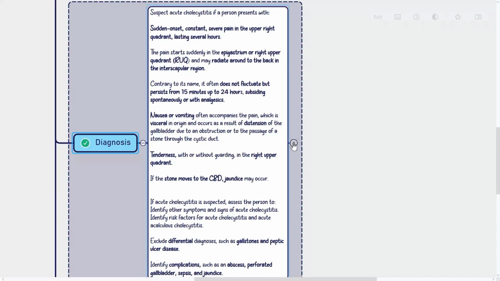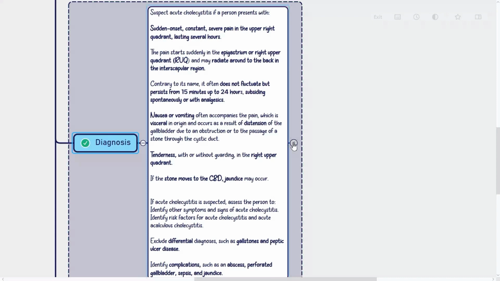Nausea or vomiting often accompanies the pain, which is visceral in origin and occurs as a result of distension of the gallbladder due to an obstruction or to the passage of a stone through the cystic duct. Tenderness, with or without guarding, in the right upper quadrant. If the stone moves to the CBD, jaundice may occur. If acute cholecystitis is suspected,